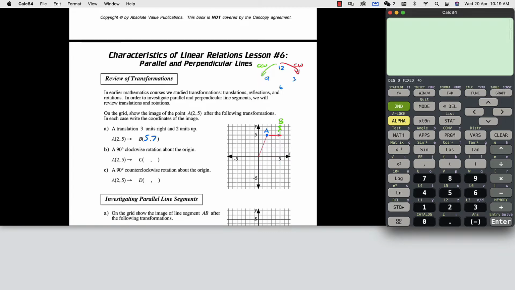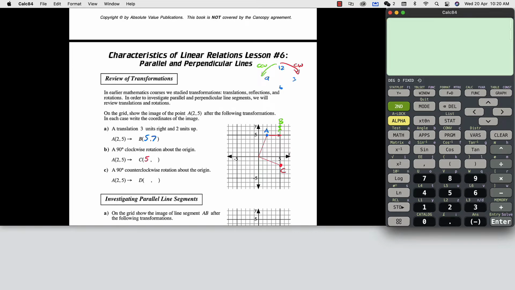Okay, now I'm just going to keep that line at that point, and essentially what we're doing is making a 90-degree line off of here, going to that point. So this right here is going to be my point C, and it's going to have coordinates of 5 and